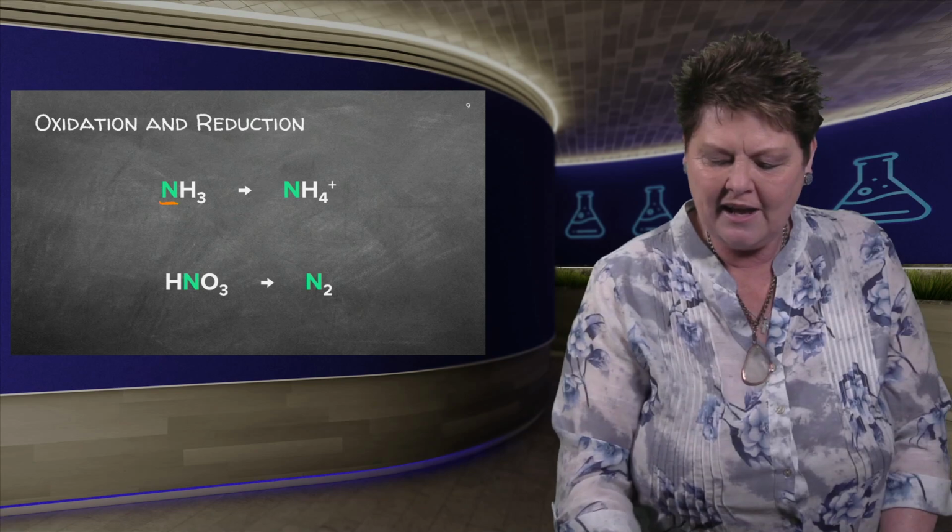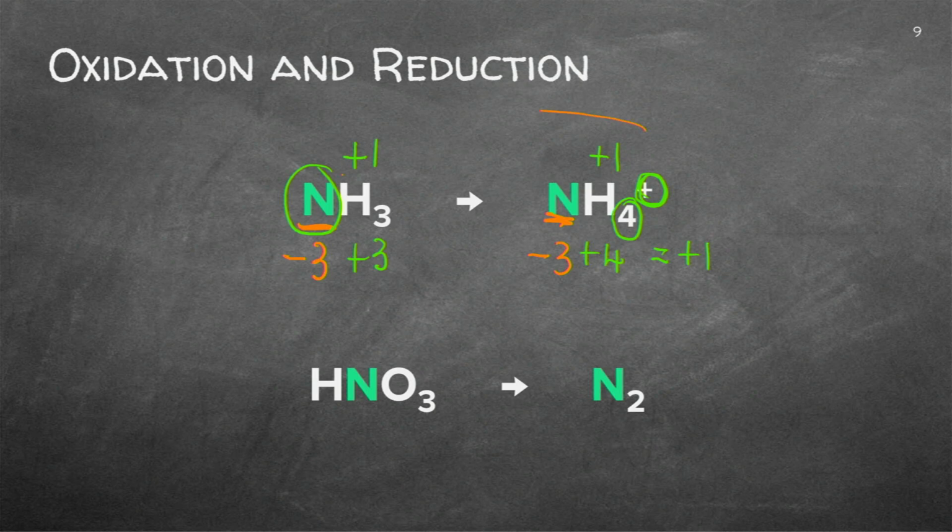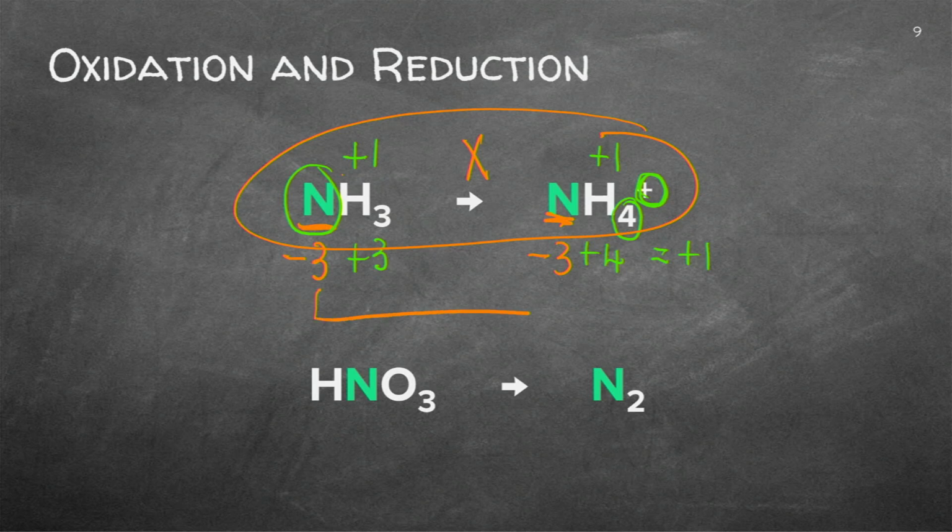Again, I've got N there and I've got N there, and you can see in this case, and we've done it just now, if you remember, it was +1, 3 of them +3, this nitrogen was -3. Let's have a look this side. I've got +1 there, I've got 4 of them, +4. I need to see the answer that it's not 0, it's plus 1. So again, this will be minus 3. So if I've got a reaction like that, it's not reduction or oxidation, because can you see it was minus 3 and minus 3.